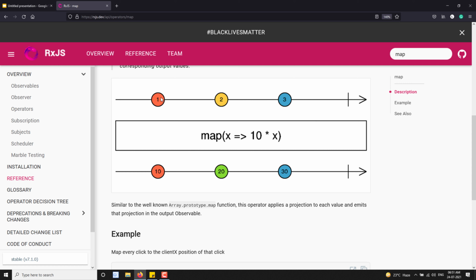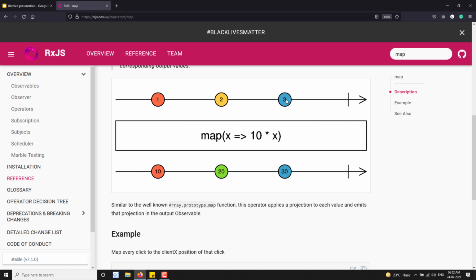So here the orange value went into the map operator, and down here you will be able to see the 10 is the orange value. So this value represents the source value. Okay, so these two are associated with this one. So 1 went into the map operator and it got the output of 10. 2 went into the map operator, it got 20. 3, 30. So like this they are meant to say.